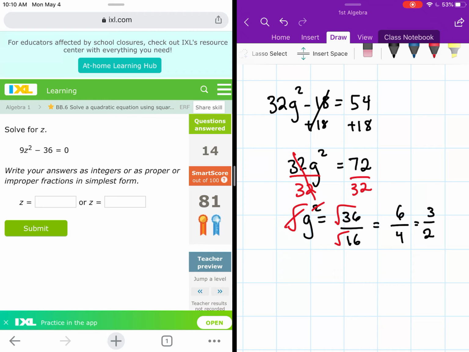This question is very similar to the one we just did. So you can just follow the steps to try to get to the same